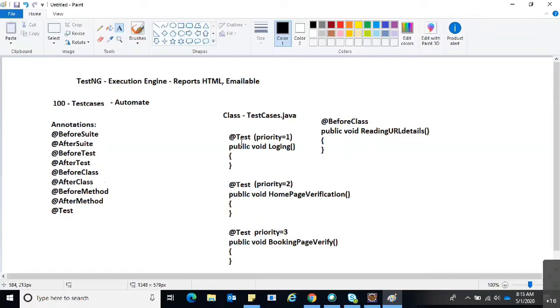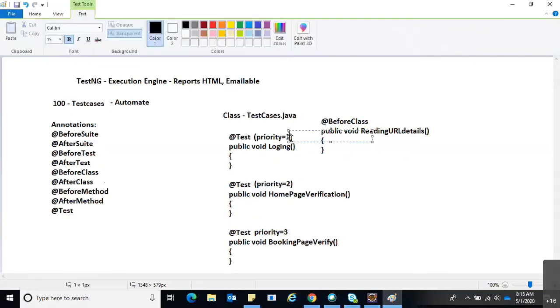How do we classify and let our execution engine know that these particular 50 test cases need to be executed? For that, I'll show here: priority equal to 1 and enabled equal to false.